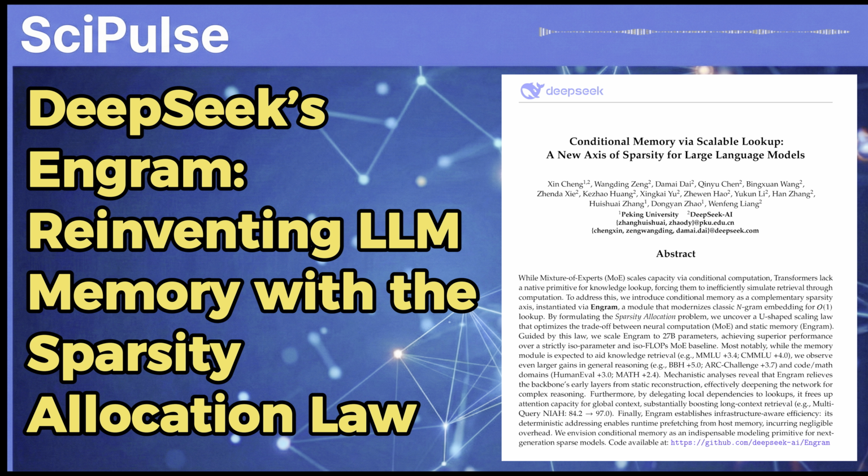So here's the final provocative thought I want to leave you with, and it builds on that brilliant infrastructure design you just described. The paper says Engram's deterministic addressing allows for prefetching with negligible overhead. So, if that's true, the practical limit on how much external knowledge you can plug in has kind of been removed. So if you can externalize all essential static knowledge and you can access it instantly without slowing down the core reasoning engine, what becomes the new bottleneck? What is the new fundamental limit for how large and knowledgeable an LLM can ultimately be? If speed isn't the limit, and memory capacity is practically infinite. Yeah. That's the question that's going to drive the next 10 years of this field.